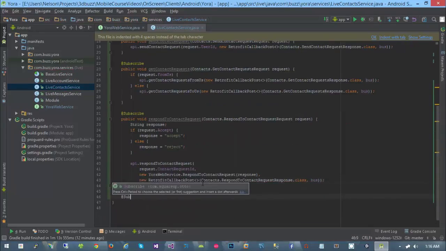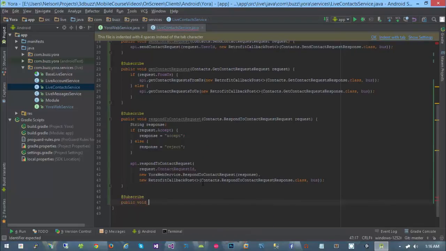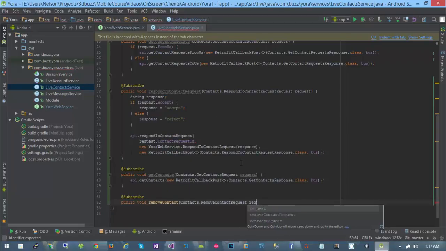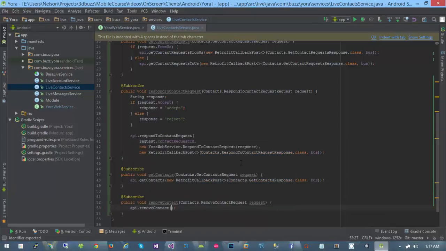And then finally, or no, we still got two left. Do a public void get contacts with contacts get contacts request, and then I'm going to go ahead and say API get contacts, and then we're going to do new retrofit callback post class request, or sorry, bus. And then we'll do finally a public void remove contact, which will get a contacts.remove contacts request, and this will be API.remove contacts request.contact ID, and then a retrofit callback post of